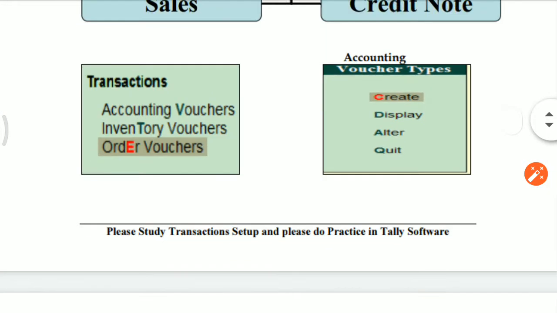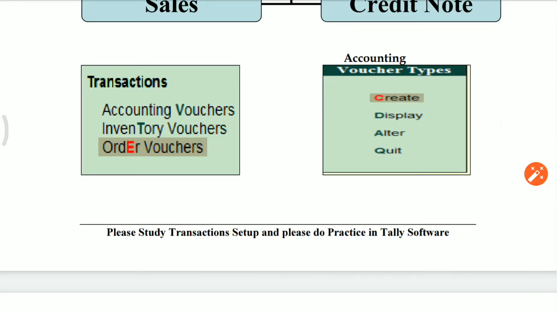In transaction setup, they have given accounting vouchers, inventory vouchers and order vouchers. Order voucher means if you want to book purchase order and sales order. Friends, for purchase order and sales order, there is no effect in accounts. This is only for information purpose and comparison purpose.